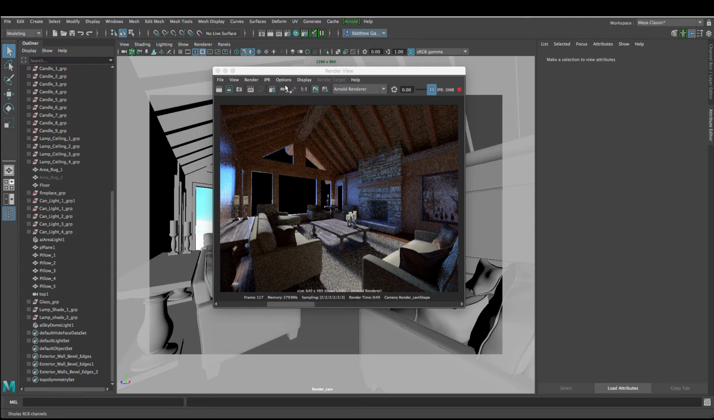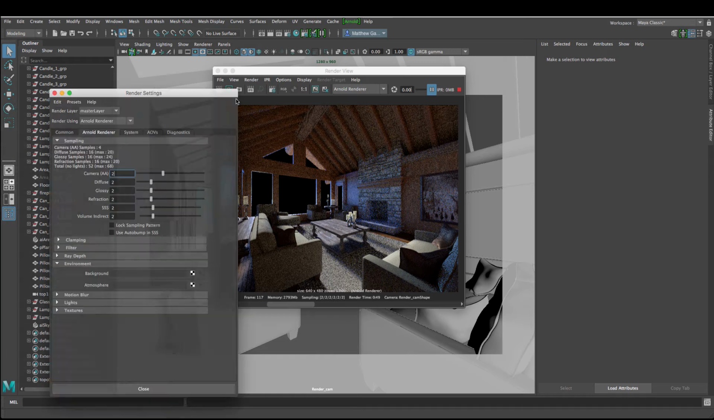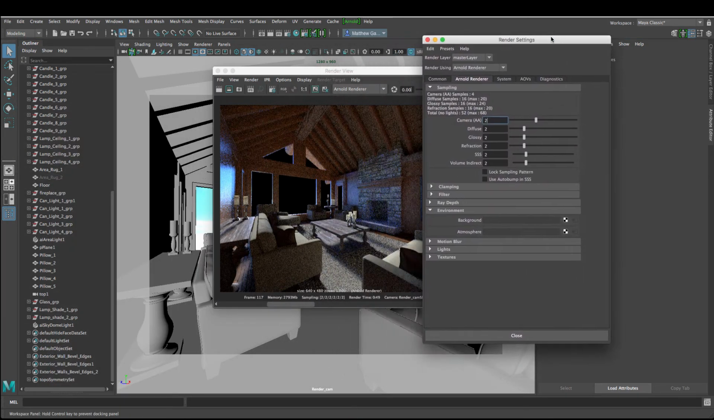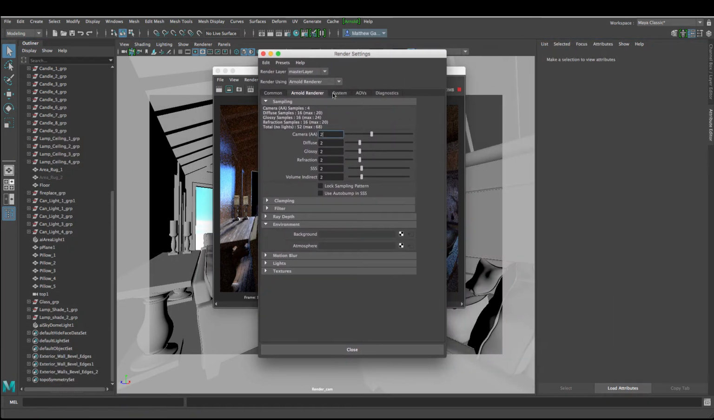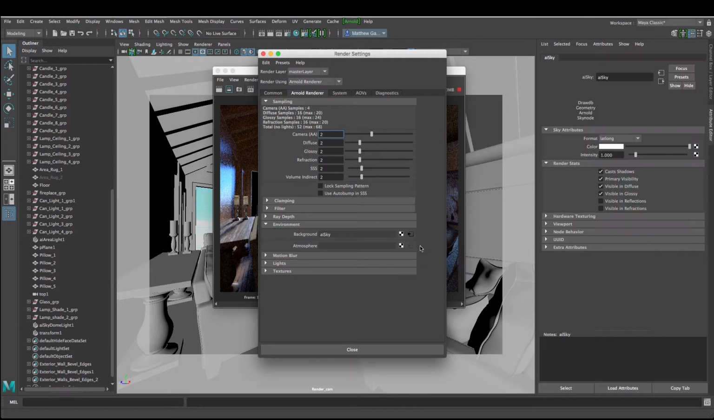So the way we get that to happen is by going to our render settings. And it's on my other screen here. Bring that over. In the Arnold Renderer tab, come down to the environment rollout. There's a background setting. Click on the checkerboard, and we're going to create a sky shader. And this is going to be what we use to see our environment. Plug in a file node here,